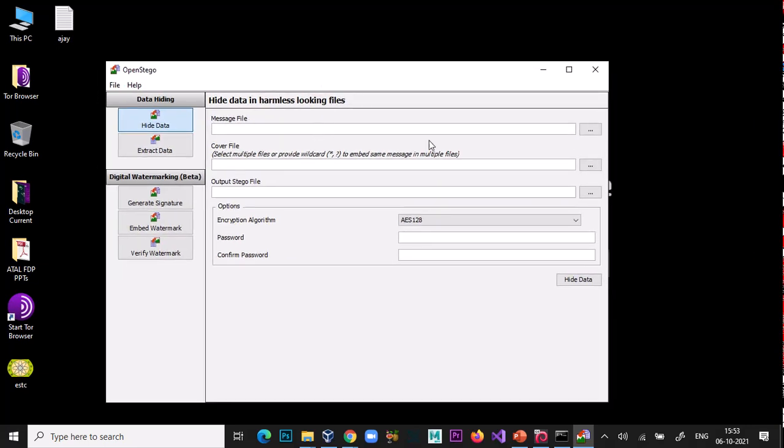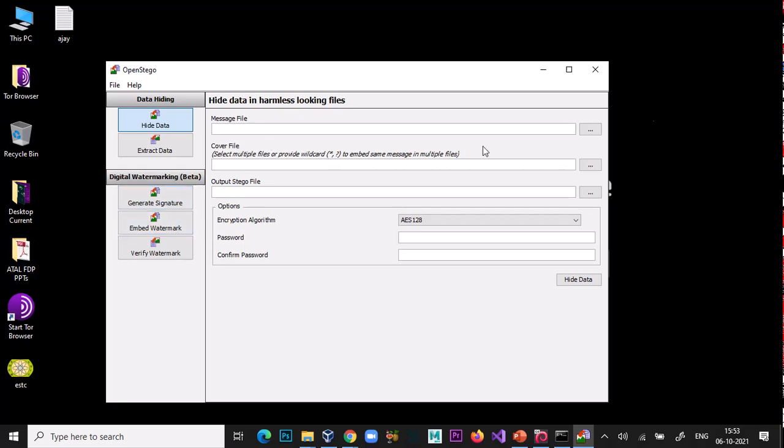So this is the message file. If you have any kind of file, whether it is an Excel file, a PDF, a document file, or a simple text file, you can use it.